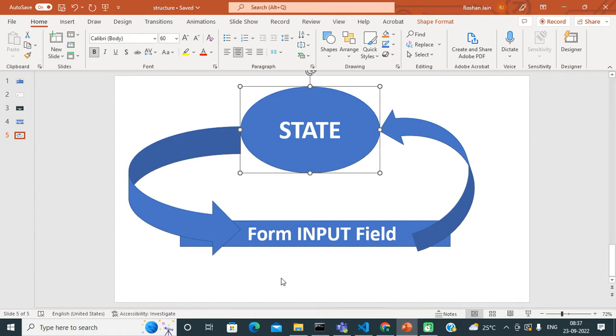So friends, what is this diagram for? Let me explain that. In React.js, when we handle a form, we have to follow a specific approach.